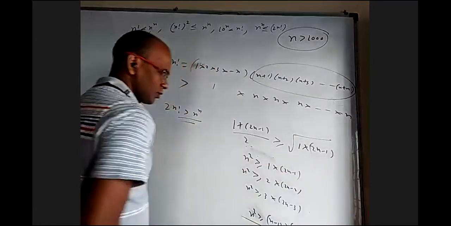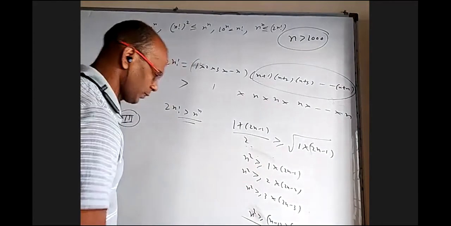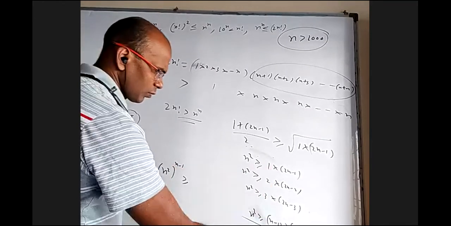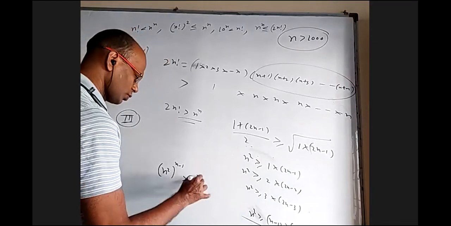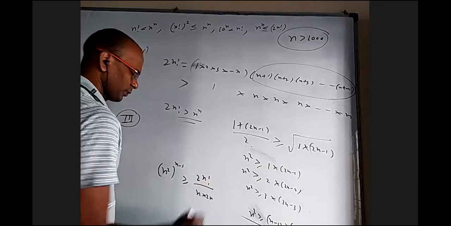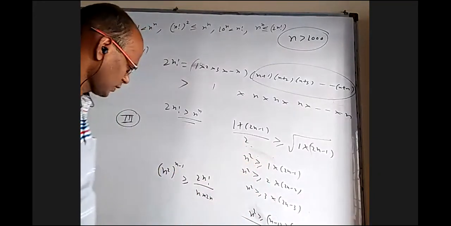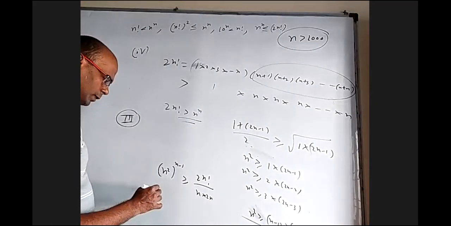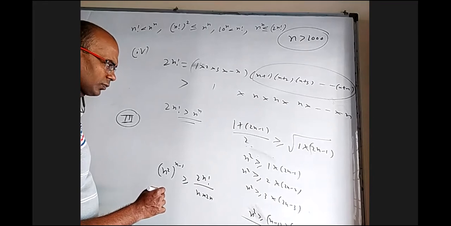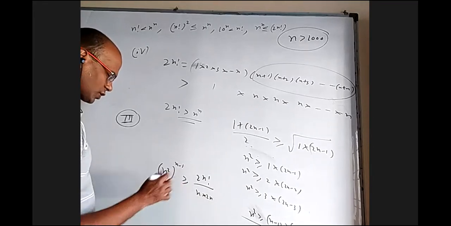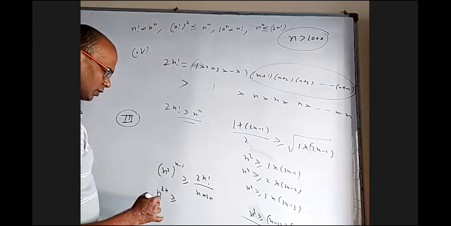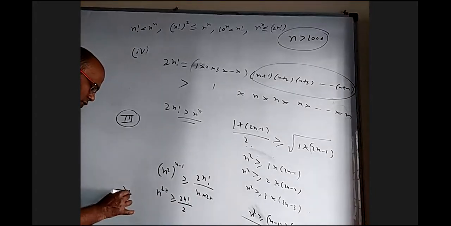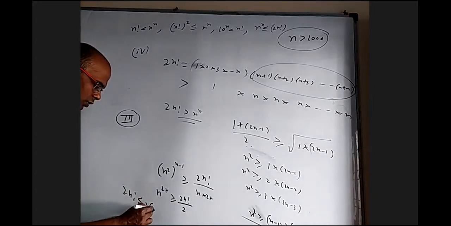When I multiply all these things, these are n minus 1 terms. So I'll be getting n square power n minus 1 is greater than or equal to 1 to 2n, everything is there except n and 2n. So it is 2n factorial by n into 2n. Because in the total product, only these two are missing. If I bring this here, what will I get? N power 2n minus 2 with n square. So n power 2n is greater than or equal to 2n factorial by 2. So if I bring 2 this side, 2n factorial is less than or equal to 2 into n power 2n.